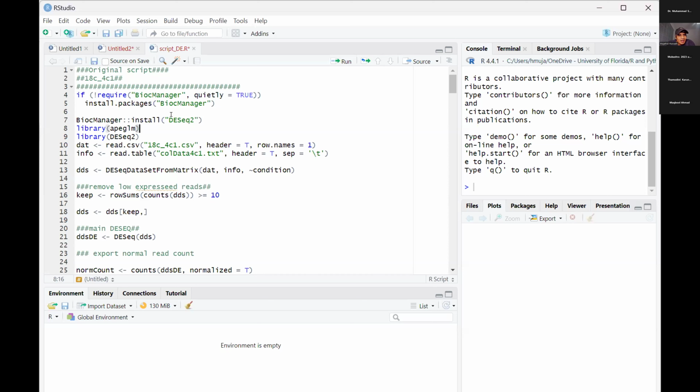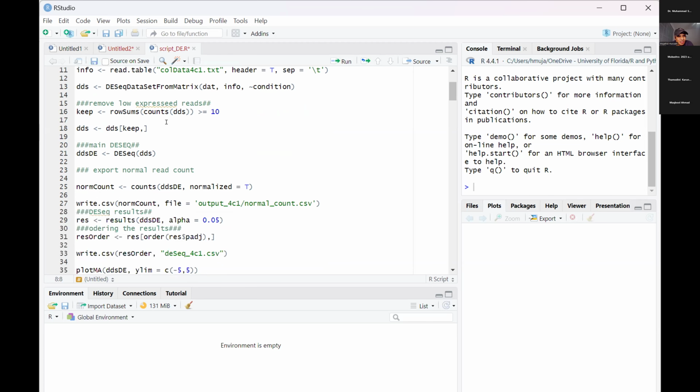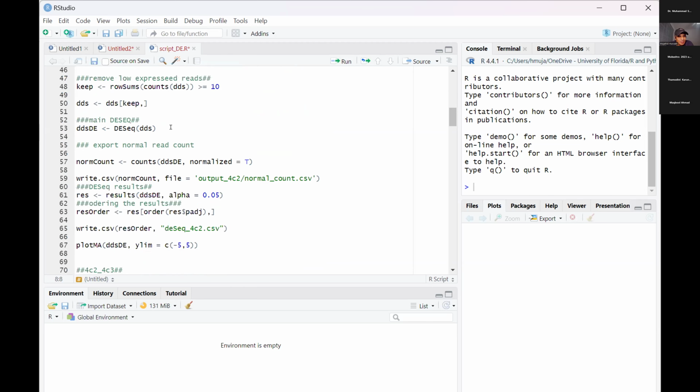So R is another programming language. You can see this is RStudio. In this RStudio, there are two packages we use, apeglm and DESeq2. So the reads file we get after running all those Linux commands, we will run DESeq2, and this one is a script. So I will share the script. You will run the script, and at the end,